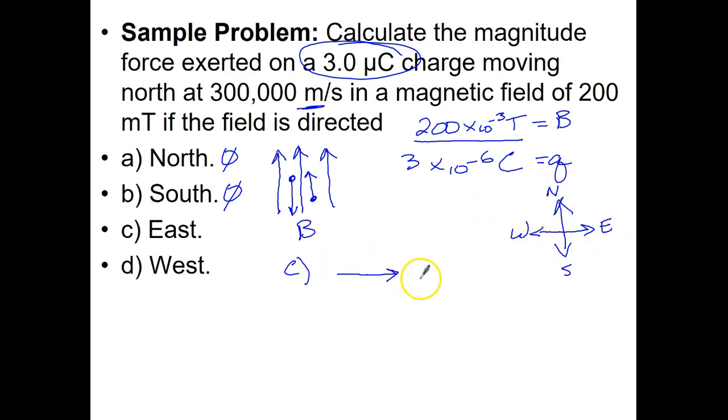Now, this is the magnetic field, so it's B. We know that that is the field. We know our charge is moving towards the north, and so that is the velocity of our charge. So remember we said that you will put your index finger, so I'm going to put index here, I-N-D-E-X. Your index finger goes in this direction, and then